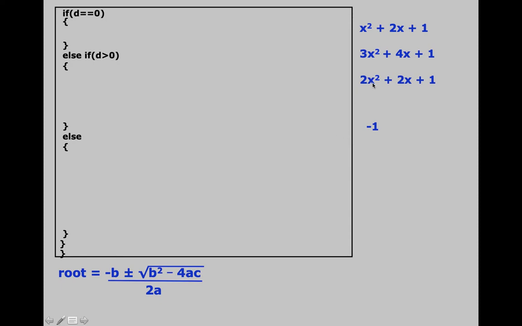Now over here, see, take this equation once again and tell me what is the value of A over here. So A is 1. What is B? B is 2, C is 1. So over here, what will be the value of B square minus 4AC? So B square minus 4AC will be equal to 0 over here. In other words, here D will be equal to 0. So for this quadratic equation, we will execute this case D equal to 0. And you have already found the root of this quadratic equation, which is minus 1.